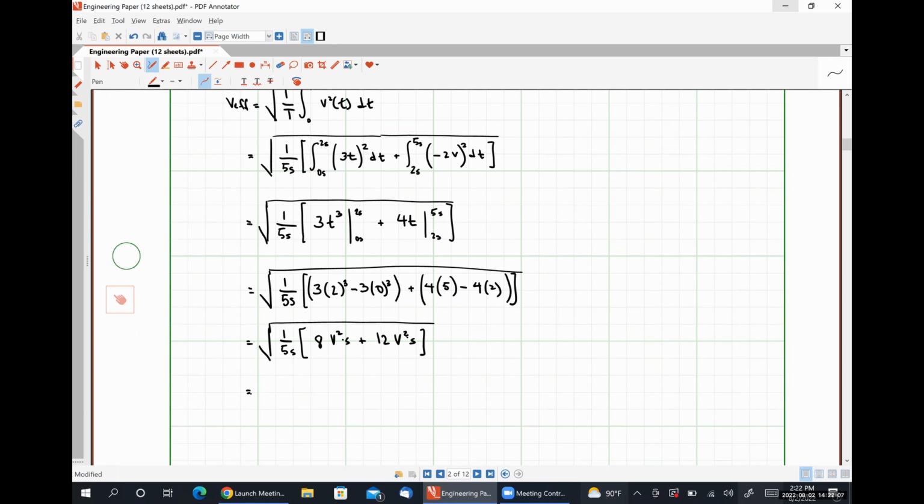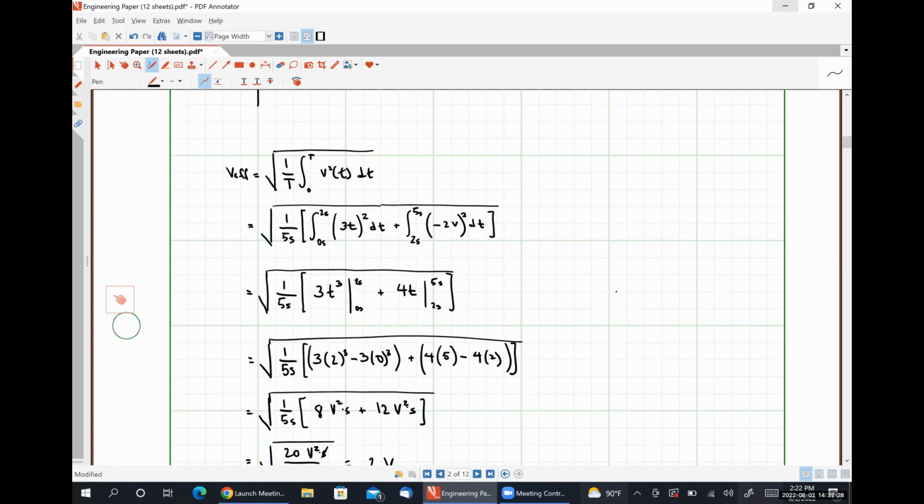And so that's going to look like the square root of 8 plus 12, which is 20 volts squared seconds, over 5 seconds. The seconds cancel each other out. Is going to look like the square root of 4, or 2 volts